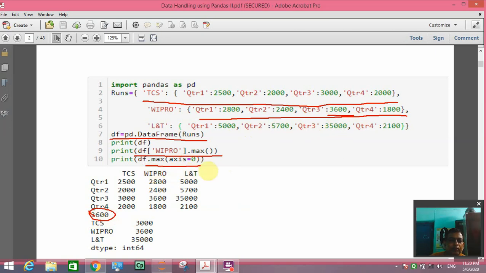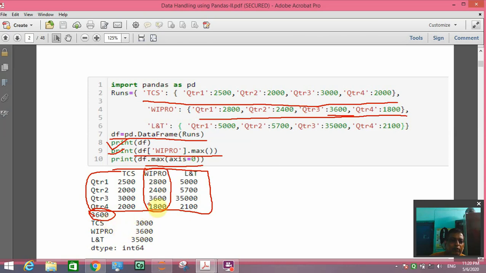Again we have written df dot max, which will give all columns' maximum value. In the first line we have written print df, meaning we want to display the full data frame. In the second line we are printing df Wipro dot max, meaning we are going to see the maximum of the Wipro column.